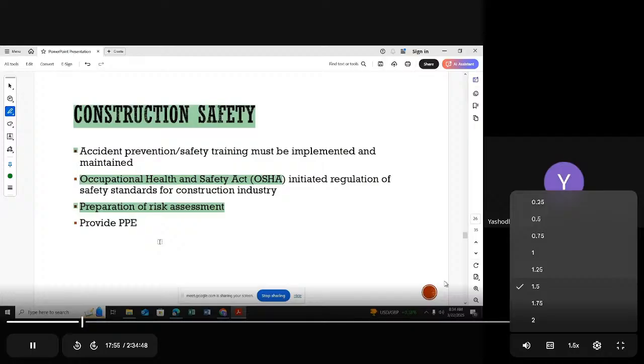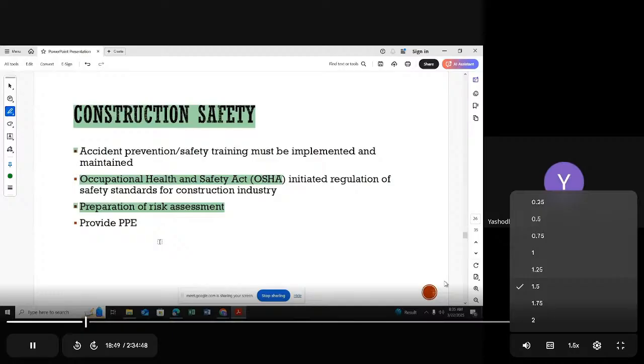So is identification enough? No, that is not enough. After identifying issues or risks in the project, you have to come up with some mitigating methods. So I identified people can fall down from the edges of the building. Then what can I do? During the construction stage, I can fix some railings around the building, especially near the edges. It supports me to avoid or mitigate that risk in my project.